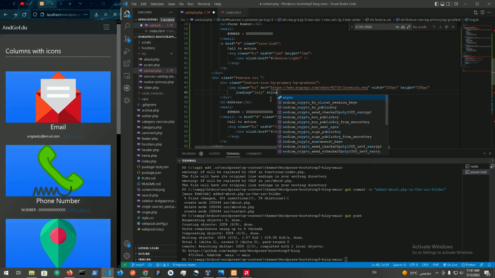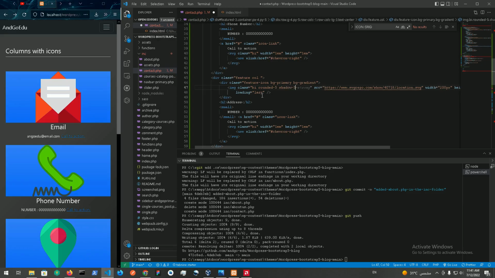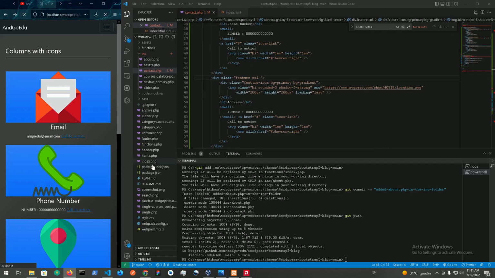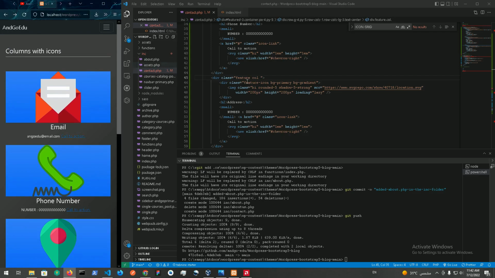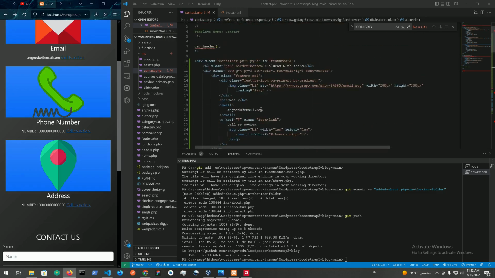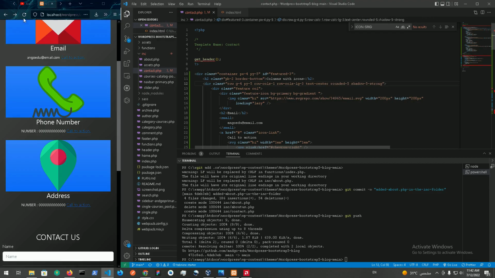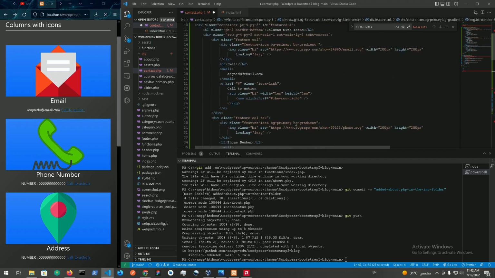We could just give it the class of rounded 5 and shadow 5 strong, for example. Did it work? Actually, it did not work. So let's actually try to add this in the feature column div. Alright, just a second. This one did not work as well. Can we try to add it over here? Alright, this one did not work as well, so I think we just need to